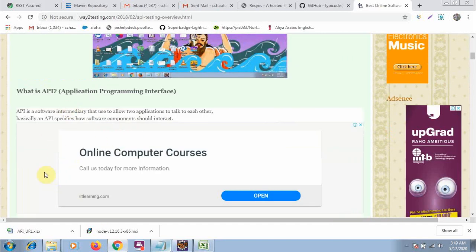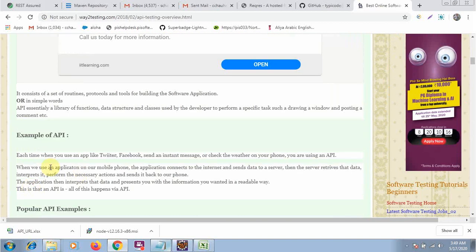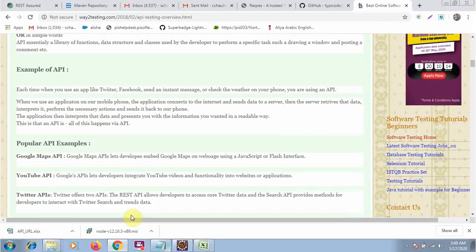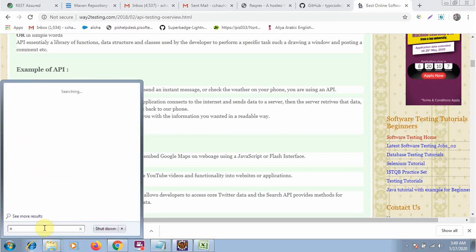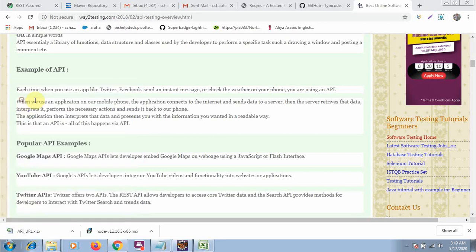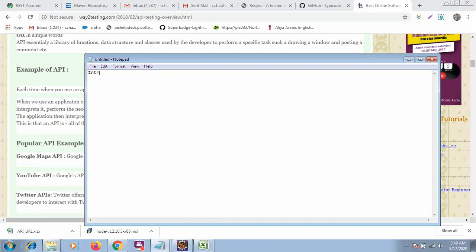In the API, we basically have the coding part. There is very little theory. Today's highlighted agenda will be the introduction of the REST API, the introduction of REST assured, and API testing automation.